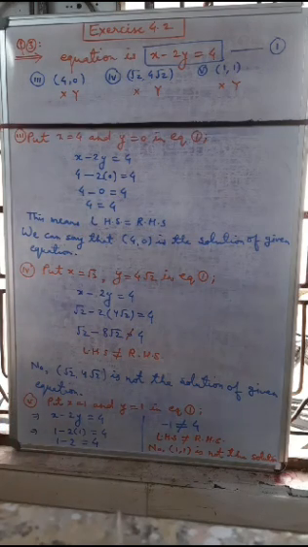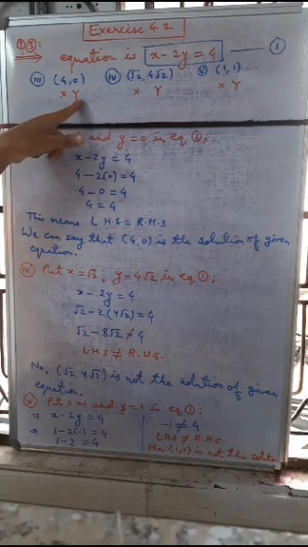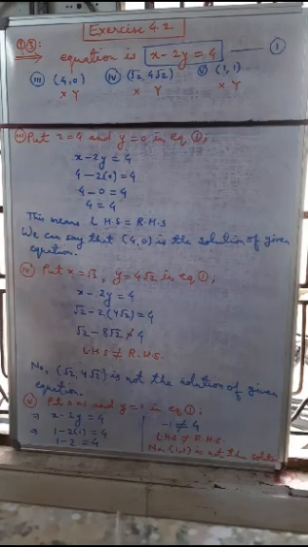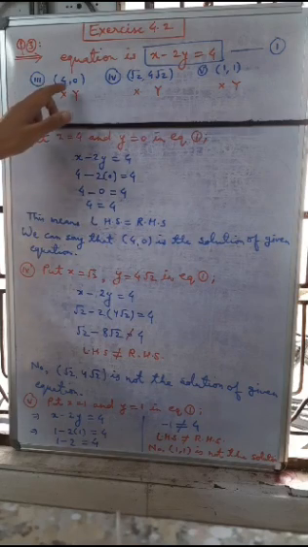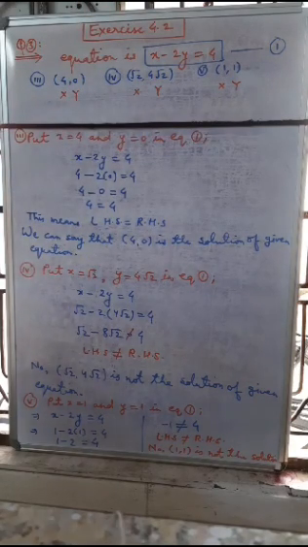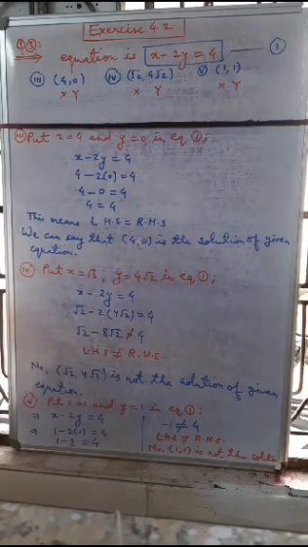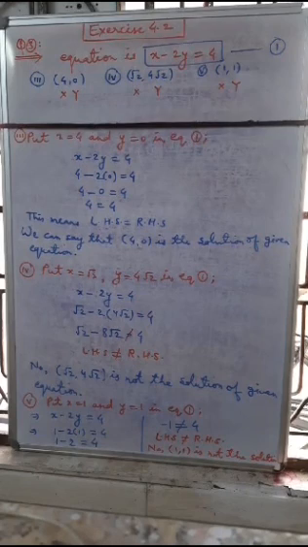So these are very easy questions. We are given points; the first number indicates the coordinate of x, and the second indicates the coordinate of y. So we can put both in the equation and check whether we get left hand side equal to right hand side. That means the given point is the solution of the equation. If left hand side is not equal to right hand side, the given point is not the solution of the given equation. Very easy question. So you must solve all the problems like these.